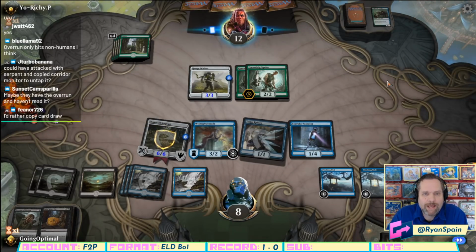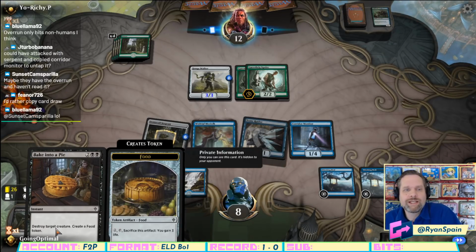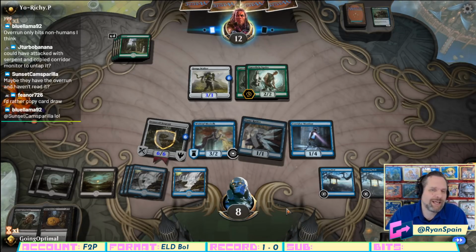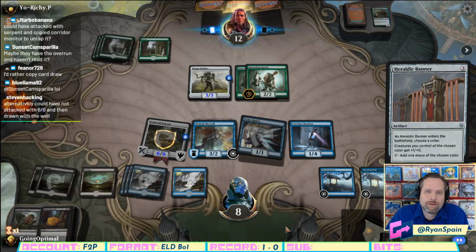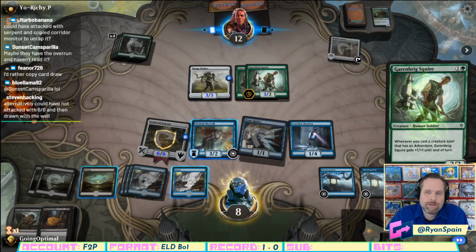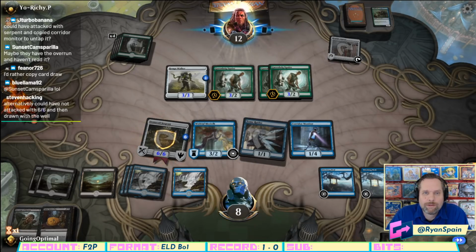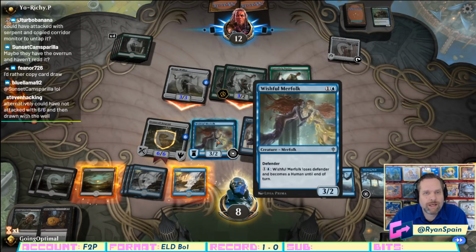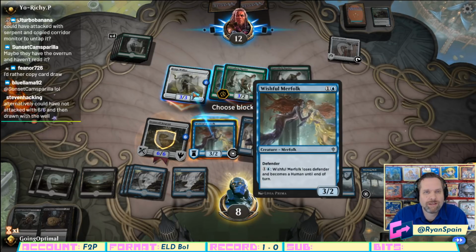We get Bake into a Pie on untap. I mean, maybe I shouldn't have done this attack just because Bake into a Pie really solidifies our advantage in this game. And I've really taken some risk here. Like, this is still okay. Still think that's ill-advised, but we will pass to blockers and I guess trade with...